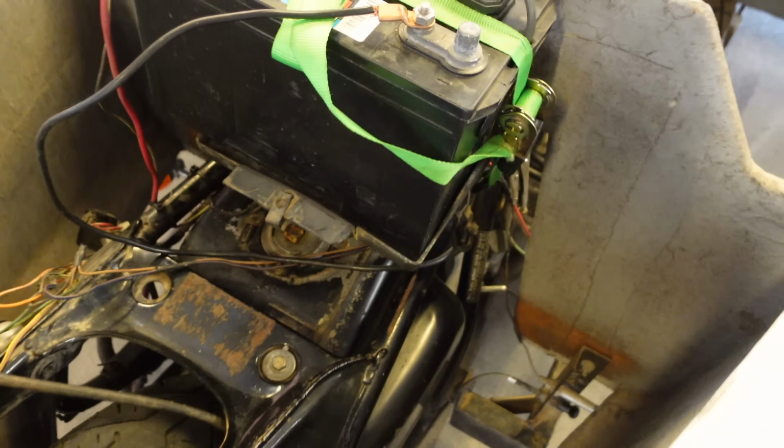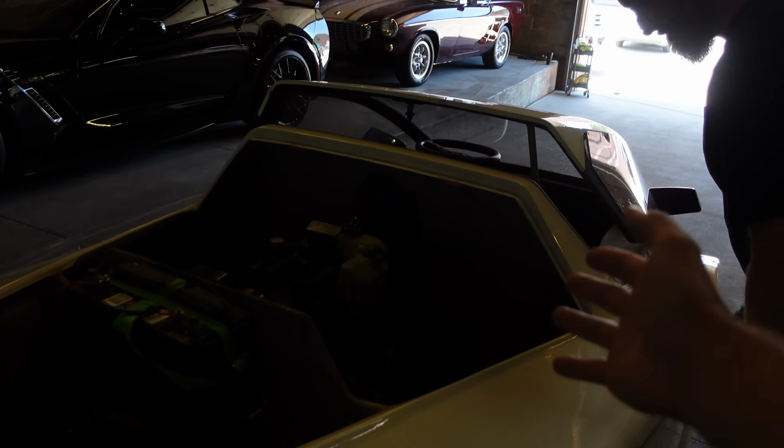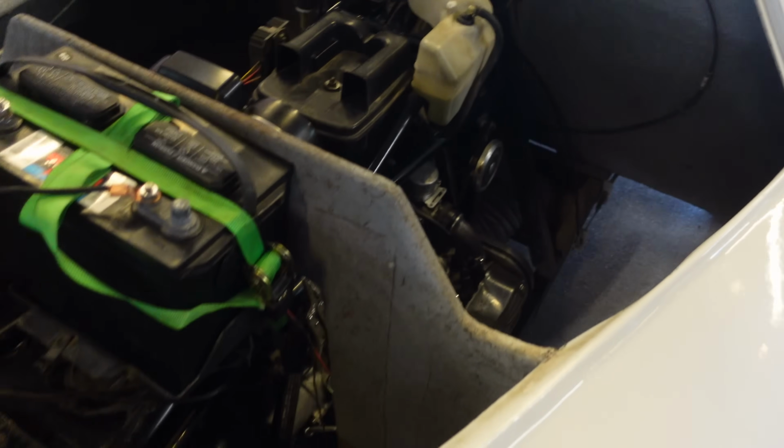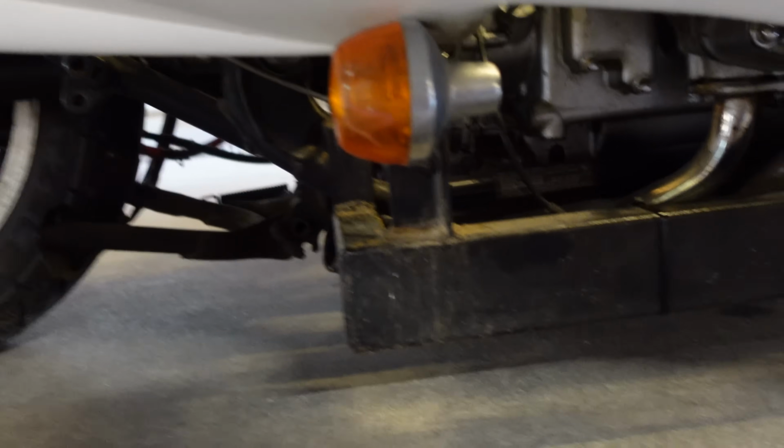I believe the unsubscribe part because I do know how hot it is outside, and it doesn't look like there's any AC on the Goldwing. I couldn't get the AC working, so sorry. It's just got a compressor over here with the belt on it. Look at this. So there's some stuff down here. Oh, let's see. We've got...